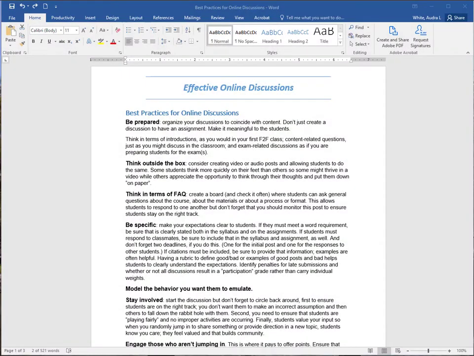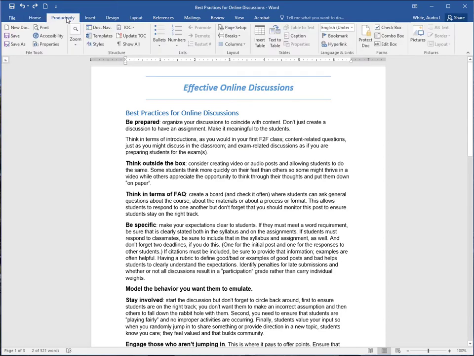Today we'll take a look at the Productivity tab in Microsoft Word. The Productivity ribbon for Microsoft Word is a customized ribbon that the Texas Governor's Committee on People with Disabilities, in conjunction with a multi-agency team of accessibility professionals, created to assist users in creating accessible documents more easily.